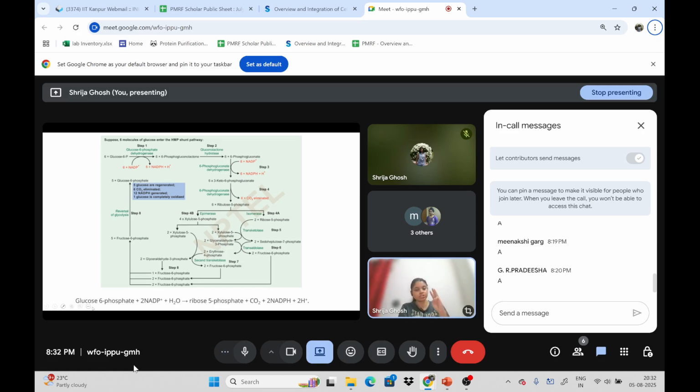So there are major three steps where the differences are there. Rest all the enzymes remain same. Those three irreversible steps of glycolysis are performed by different enzymes in the reverse direction. In case of gluconeogenesis, we have discussed the regulation of those enzymes, and then we saw Cori cycle,